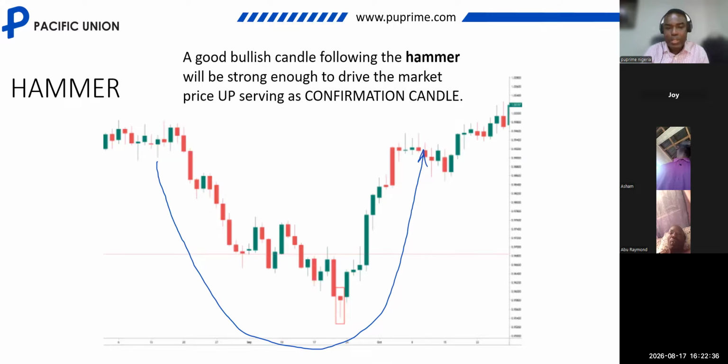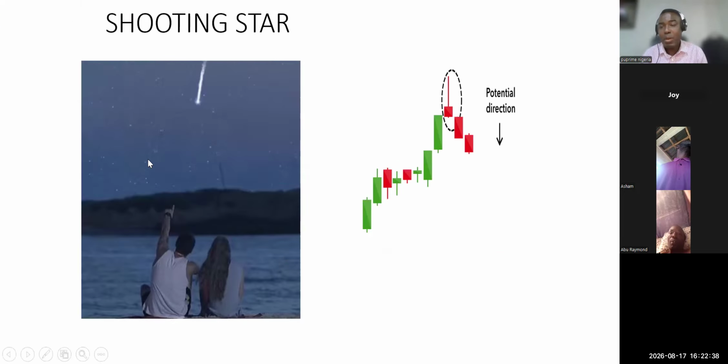Now, the direct opposite of the hammer candlestick pattern is called the shooting star. So while the hammer candlestick is a reversal,